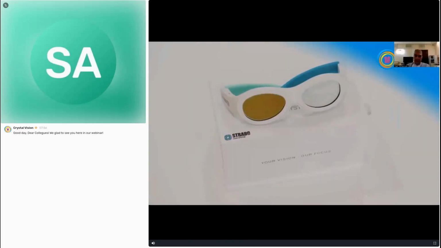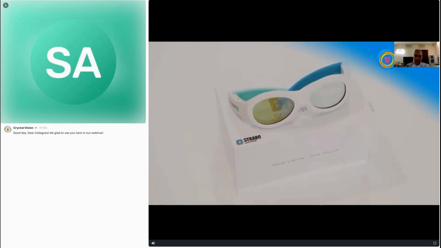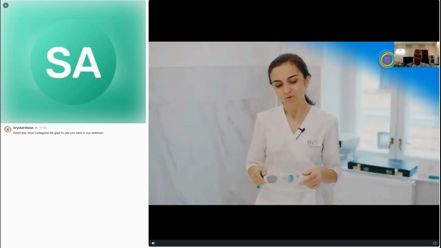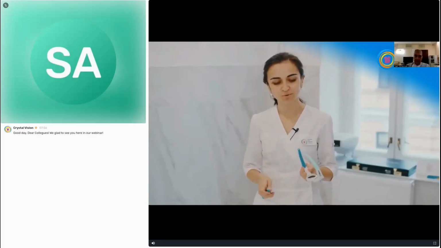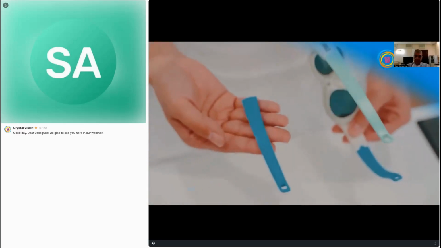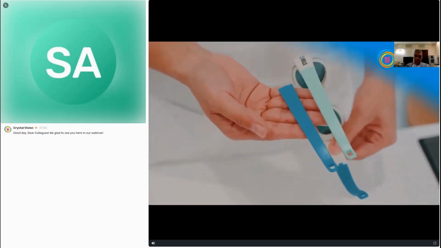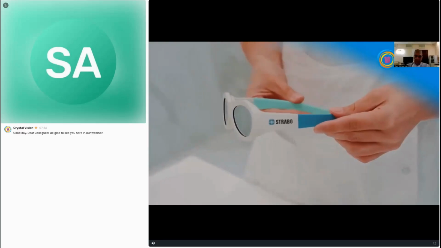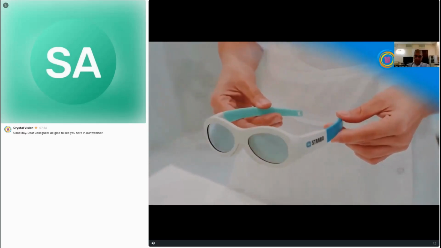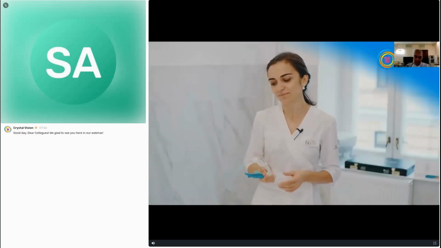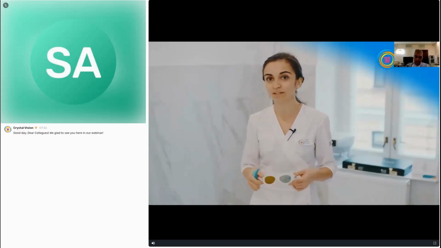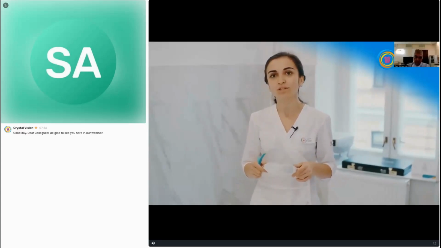The glasses are extremely fascinating and do not cause any discomfort to children. They are enjoyable, and the frames can be either of a beautiful mint color or blue, adding a touch of style to any outfit. Therefore, they can be changed depending on the child's mood. This allows us to establish a rapport with the child and make sure that he wears these glasses with pleasure. They do not interfere with his normal life.